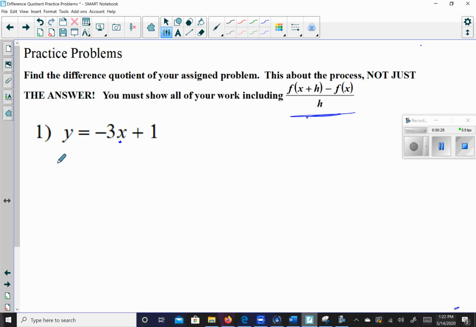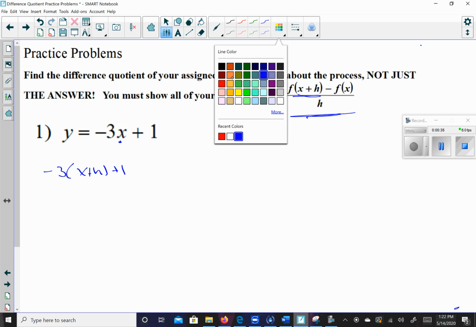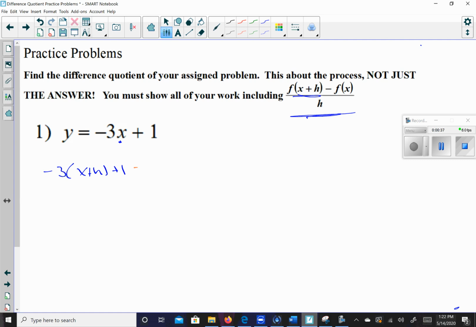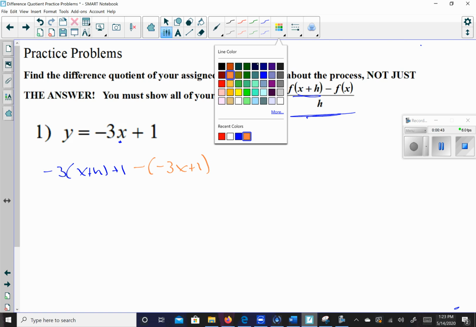So to do this, I'm going to say -3. In place of x, I'm going to write x plus h, plus 1, that's the function with the x plus h. Now to do the minus f of x, I'm going to do minus, and then f of x will be that -3x plus 1. And we're going to put this thing all over